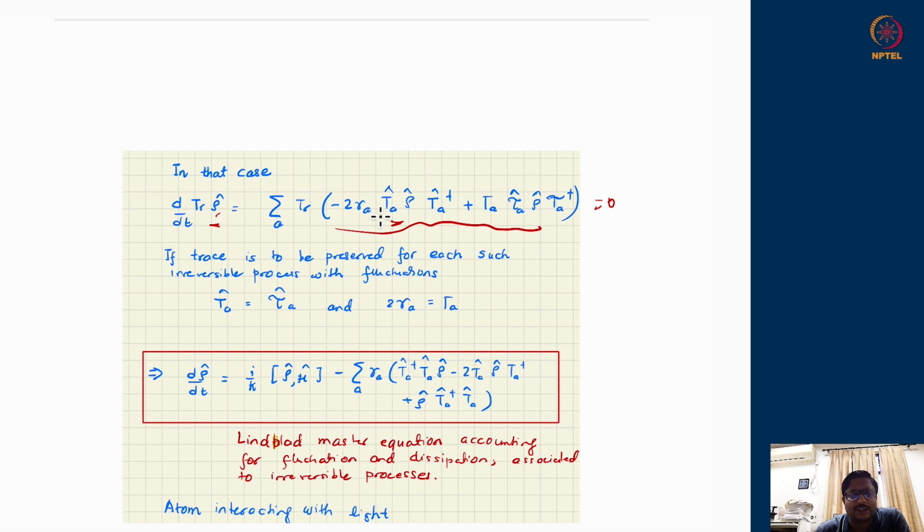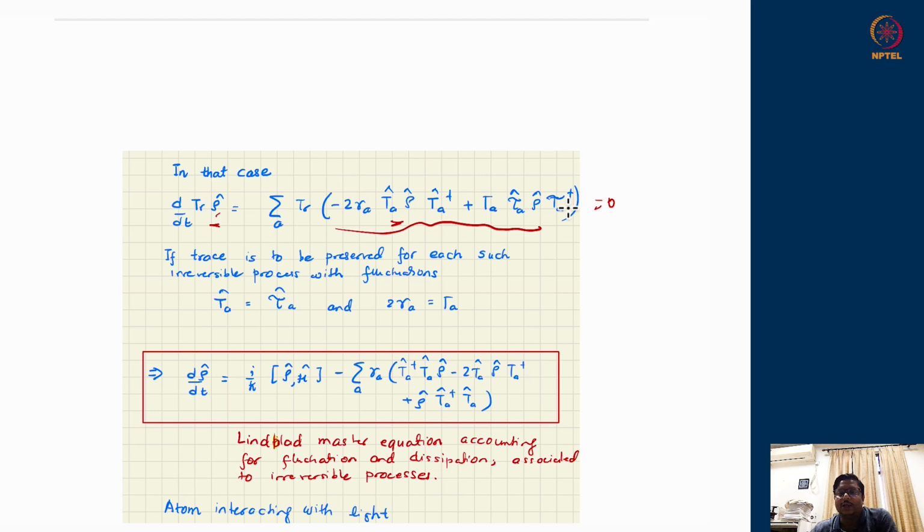However, you can think of cases where some atom has only one stochastic process, some atom has only two stochastic processes, or maybe interaction with photons only, or maybe interaction with electrons only. For all those cases, individually this bracket should be 0, the trace of each bracket should be 0, because these are different stochastic processes, and under each one I do not want the trace to change, because I do not know which of these stochastic processes one atom will incorporate. It can combine 2 of the stochastic processes, or 3.